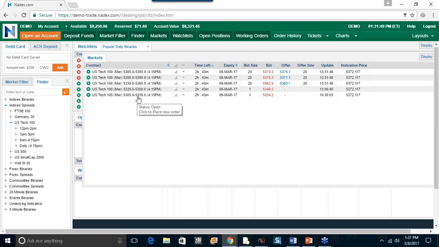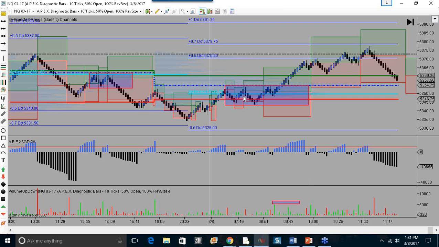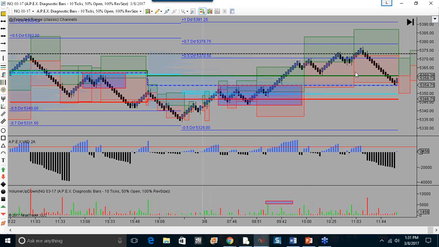Well, let's look on our chart. Where is 53.35? Well, 53.35 is down here. It's way down here. That's why there's no bid on that spread, because the spread's out of the money. The market's already past that level. If I'm looking for the market to potentially get up to this level up in here, to the 53.70 to 53.80